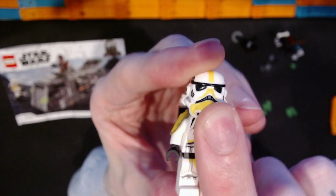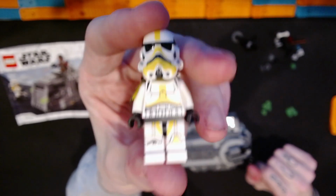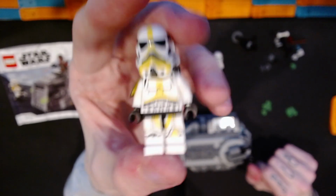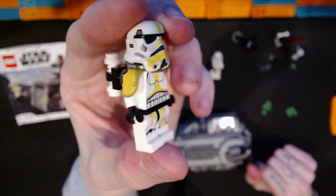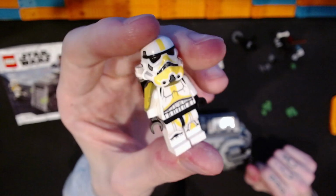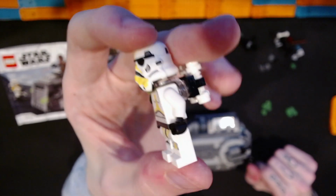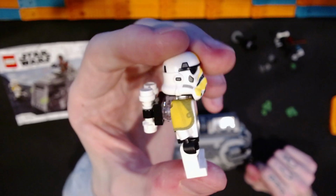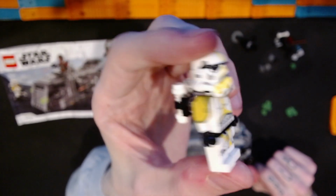I don't see it that often, and I don't know if these are an older helmet design for clones, or if this is still the modern one. It does feel a little big than I remember them being, or sorry, not for clones, for Stormtroopers rather. It does feel a little big. It feels a little like Family Guy or a little Spaceballs-y to me, but I don't know if they've changed these recently or not. I guess it's been a little while since I've gotten a set with some Stormtroopers here,